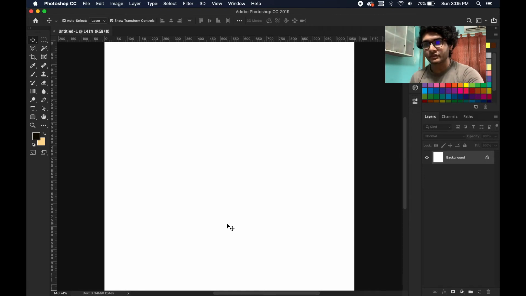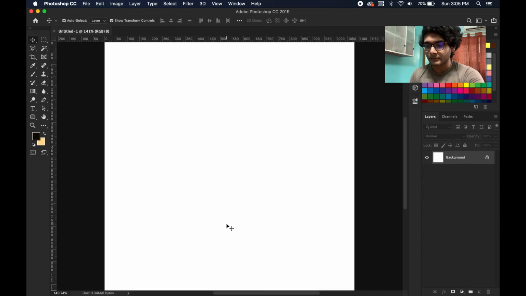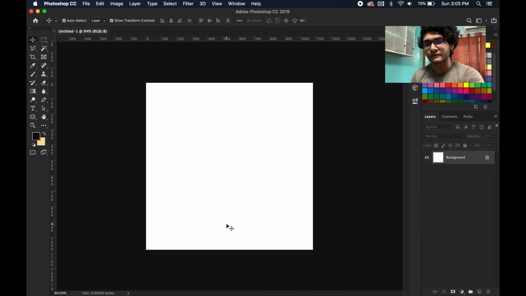If you are on a Windows machine, you will need to press Control 0, sorry, my bad, Control 0 to fit the whole canvas into the screen. I will keep small text here while editing the video, so that you get the reference for both Windows as well as Mac. So you don't need to worry about that in my speech.